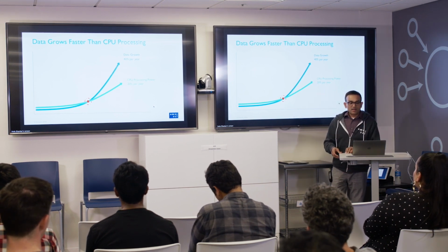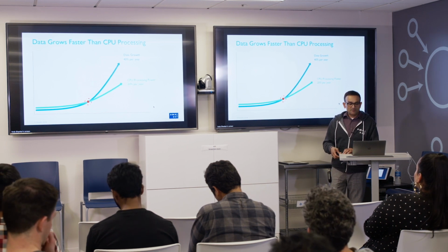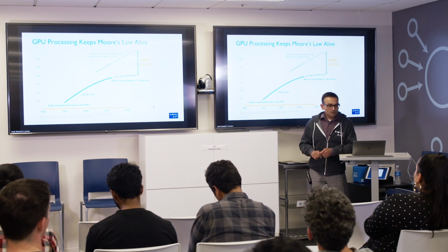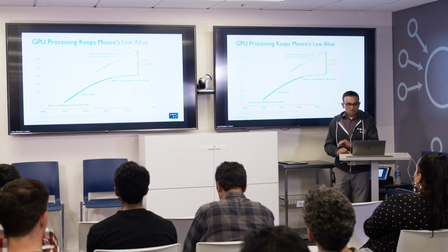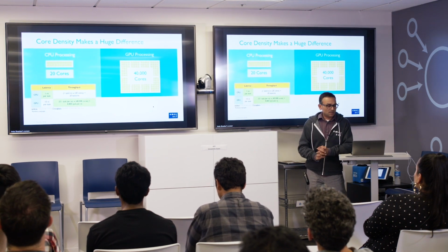Now, if you look at GPU performance, it's growing at almost 50% year over year compared to CPUs, and it has kept pace with the data growth rate. And if you compare CPUs and GPUs,